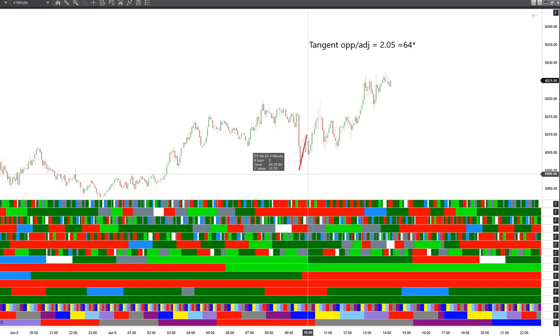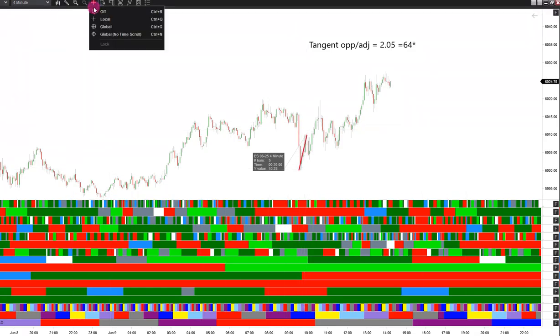So what I'm going to do is just use the SOHCAHTOA formula. I'm going to take the opposite side of the angle, which is the price axis, the y-axis, and that's my 10.25 points on the range. And I'm going to divide that by the adjacent side, which is the x-axis or the time axis, which is 5 bars. So when I take the opposite and divide it by the adjacent, that gives me 2.05, and that is the tangent of what that